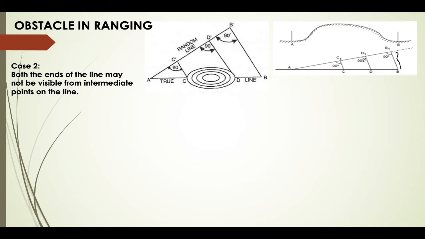So these perpendiculars are set, but we need to find their measurements so that we can locate C and D on the line AB. How do we calculate these measurements? These measurements are calculated by the property of similar triangles. For example, if I consider A, this is C1, this is B1, this triangle AB1B and triangle AC1C, by the property of similar triangles, the corresponding sides of the triangles are proportionate.